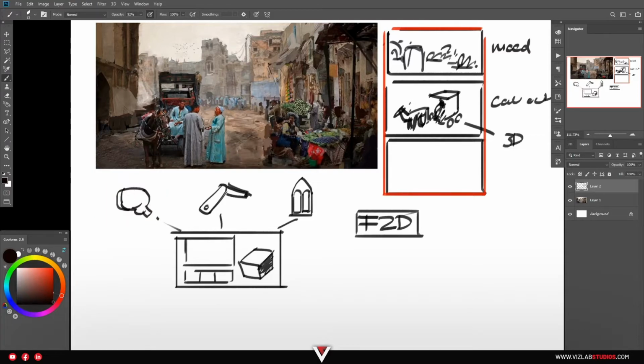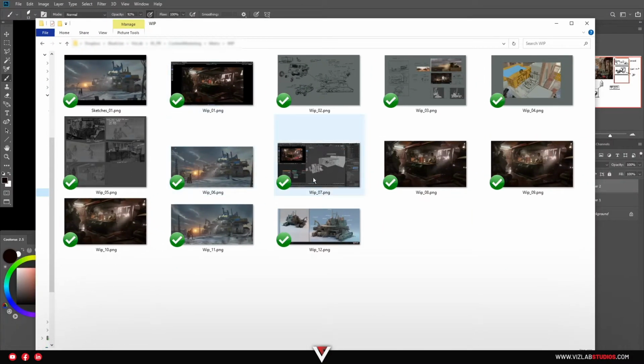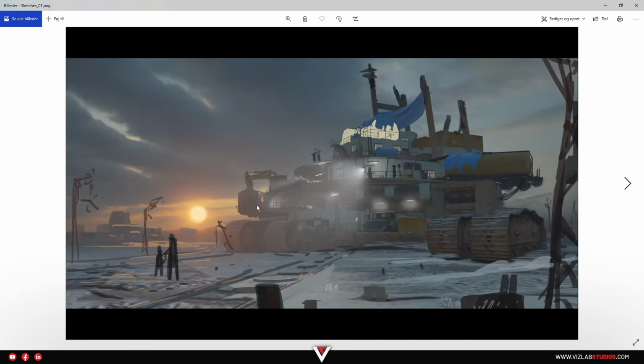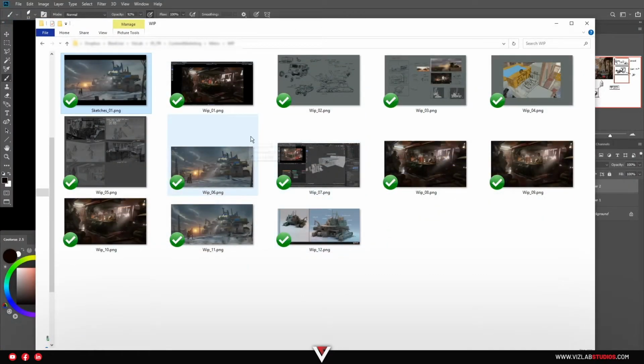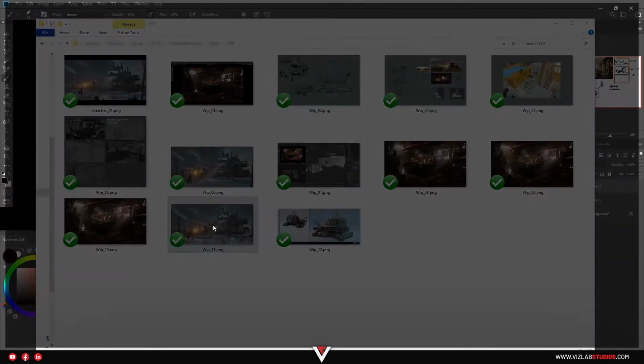As a closing thought, I think I can just show you what we are working on at the moment without revealing too much. Let me just collapse some things if I can. There we go. So right now we're working on something Metro-inspired, a kind of world. For this we wanted to have an exterior shot with this crawling excavator that has been repurposed as a sort of small society. And they're crawling along this landscape to go to this promised land where they think the salvation is. So this is the final detailed shot of this little crawler.